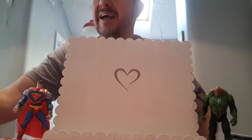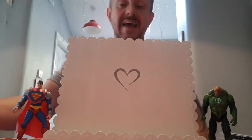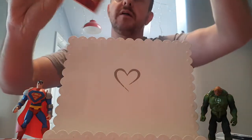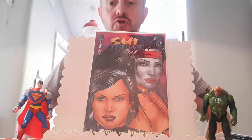Now, I already have in my collection the first appearance of Witchblade, which was in Sideblade She issue 1. Now this is Sideblade She issue 1. This is the second appearance of Witchblade. So a nice accompaniment to my other book. And that is, of course, from...